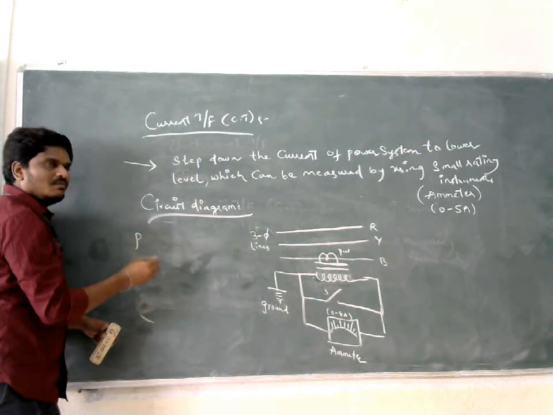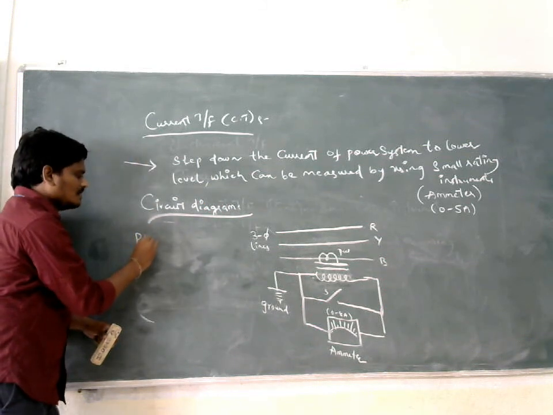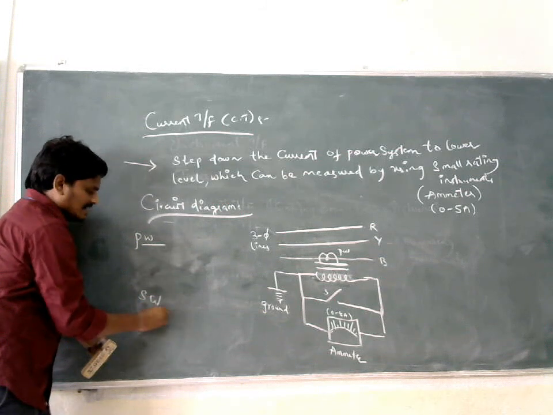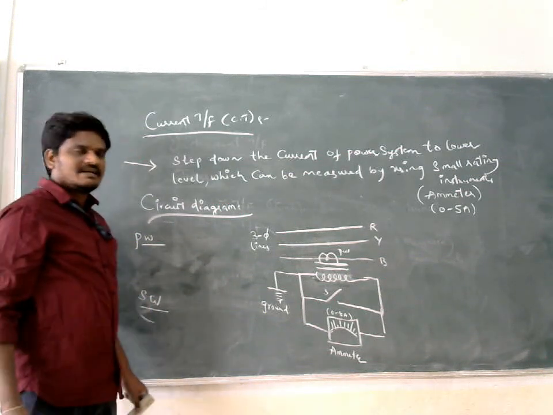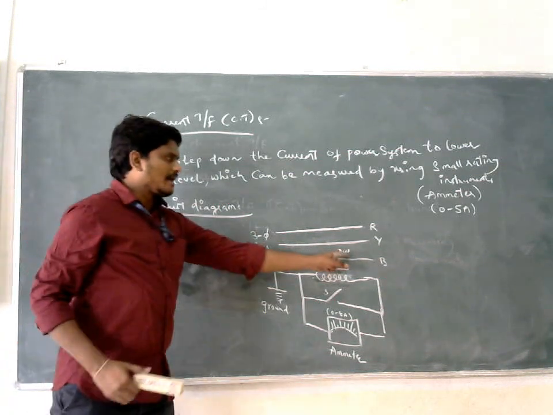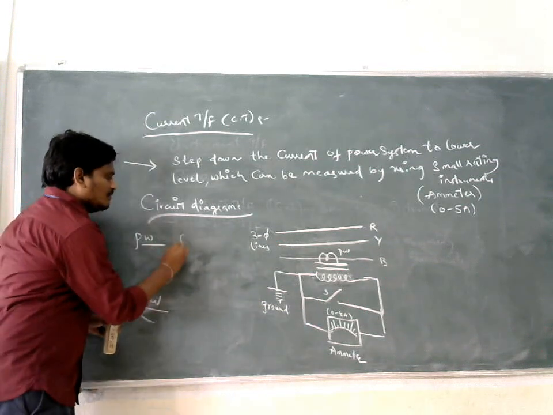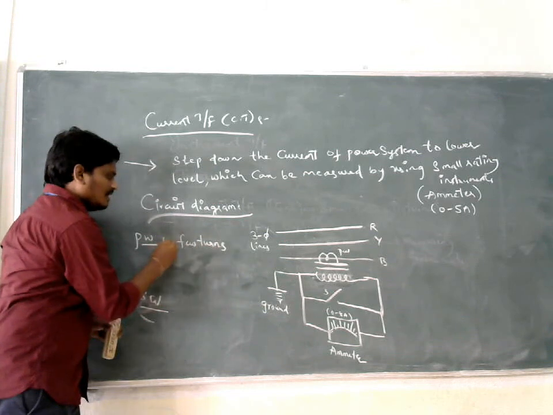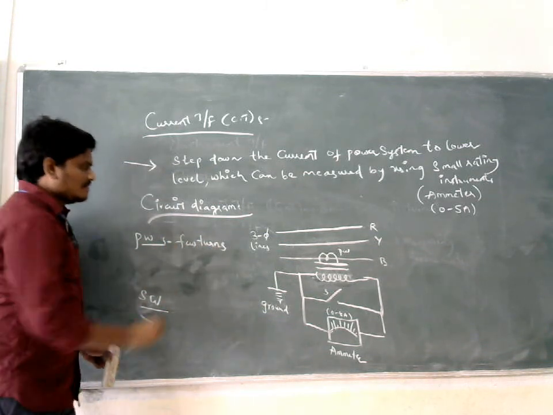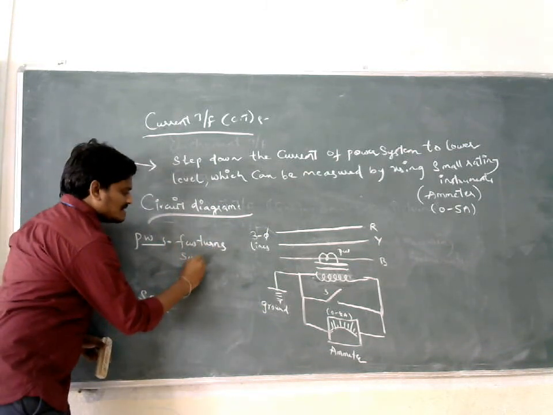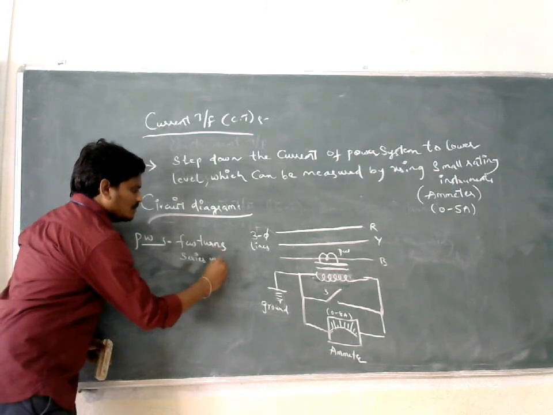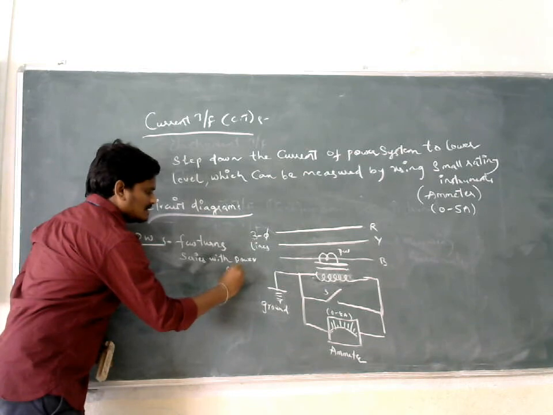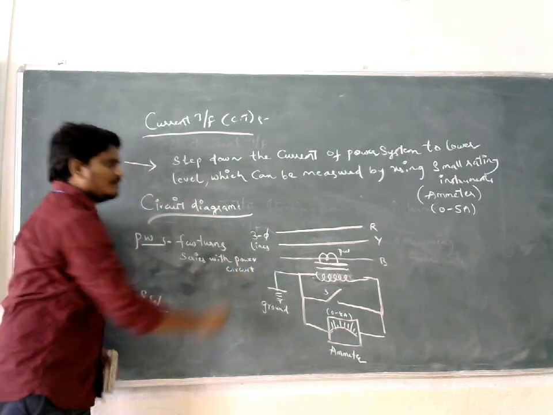What is the number of windings present in case of a transformer? Two types. One is primary winding and the other is what? Secondary winding, where the primary winding should have only few number of turns and it should be always connected in series with what? Power circuit. In series with power circuit.